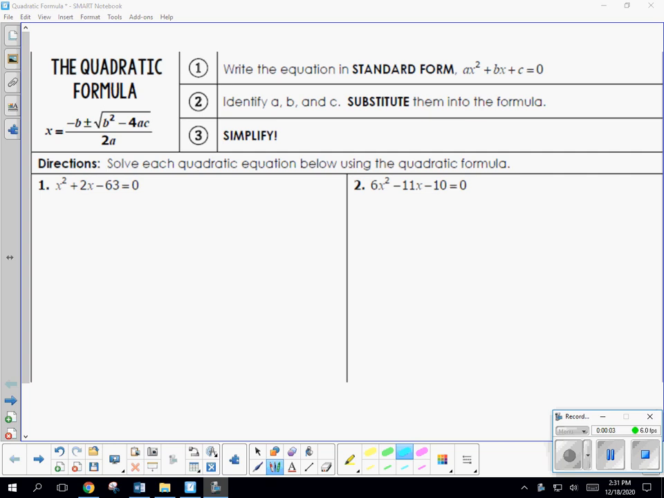Good morning, Algebra 2. Today, we use the quadratic formula to find the solutions, the zeros, the x-intercepts, the roots